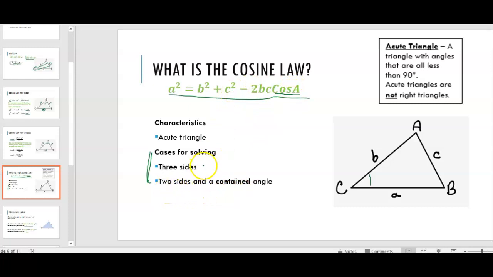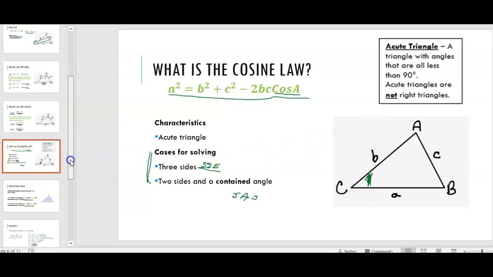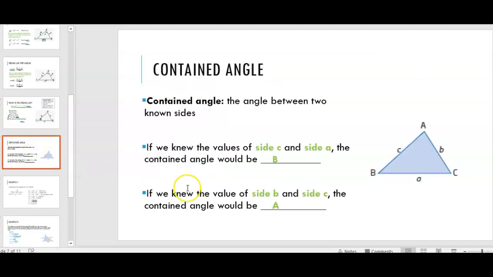Another case is, so this is considered as side, side, side. Okay, this is one of the cases. Now on the second part here, we have two sides and a contained angle. So that is side, angle, side in this order. Doesn't matter which two sides. The angle that is in between those two sides must be given in order for us to use the cosine law. Okay, we're going to view a few examples here. What does that mean, especially to clarify a little bit what the contained angle means when we use the